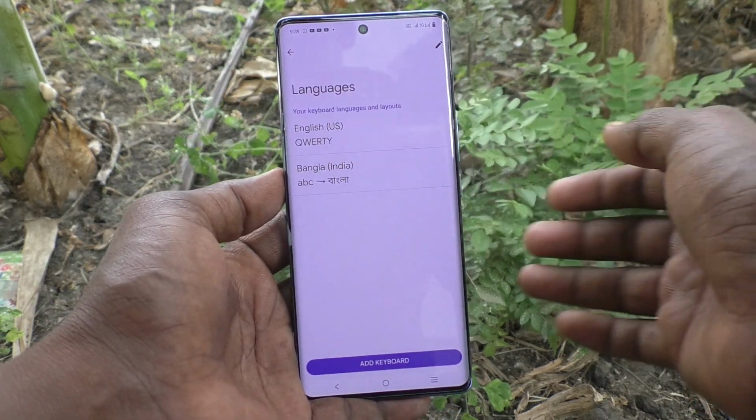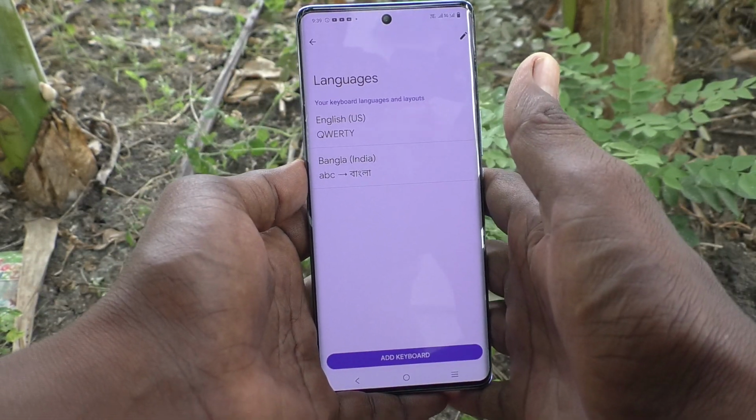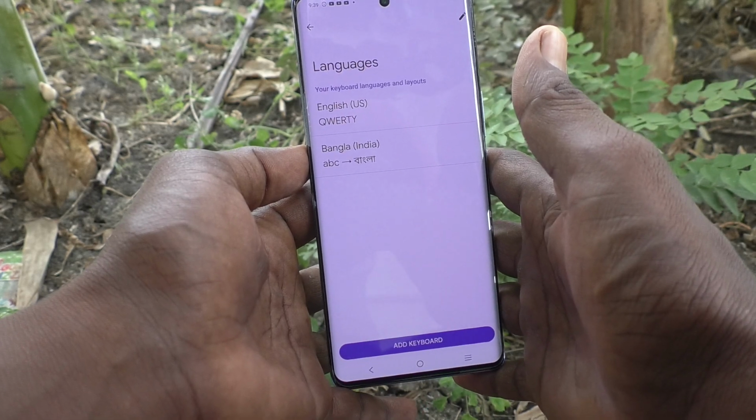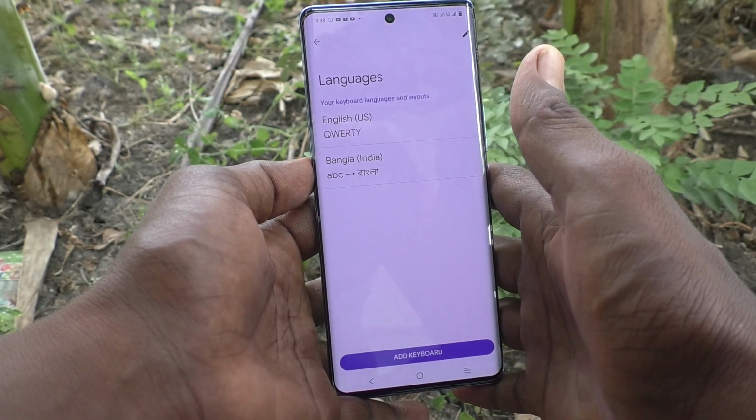Okay, so in this way you can easily remove the selected languages from your phone. That is, you can remove language from keyboard in your phone